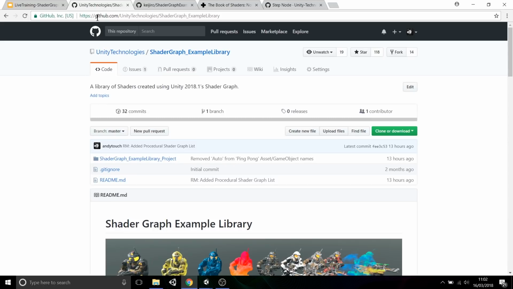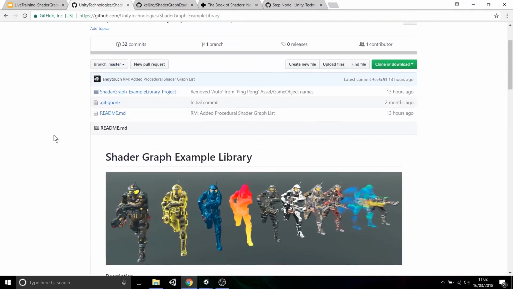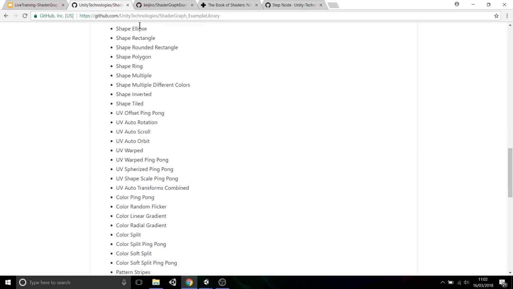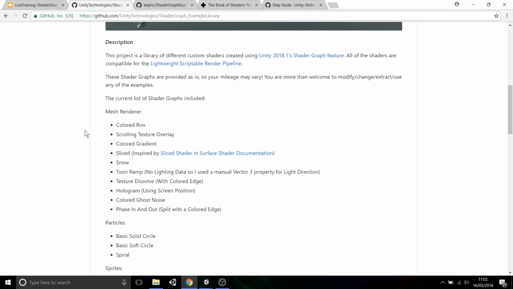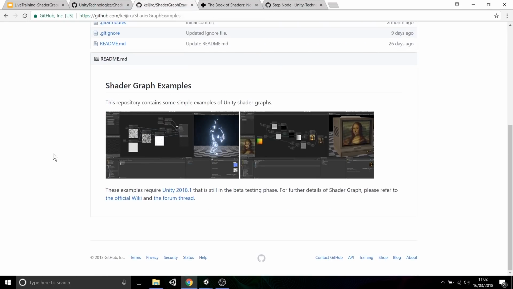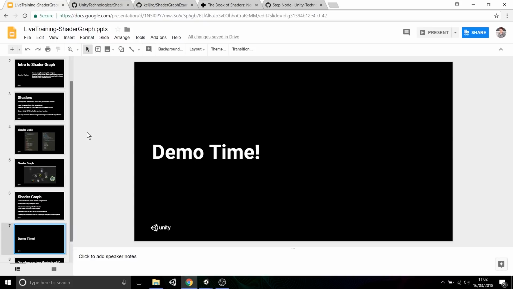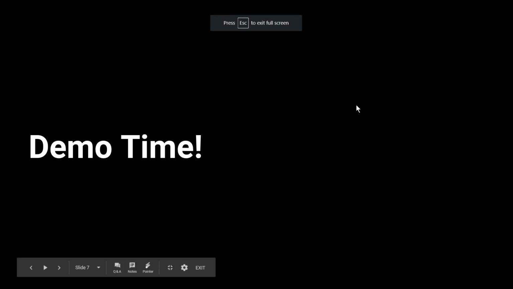So the shadergraph example library is available on GitHub, so I will show a link at the end of this video. You can download it and use it. It has particle examples, sprite examples, and some procedural examples which I've added recently. There's also Kajira's shadergraph examples. He is doing some very specific effects, such as this TV static effect, or this kind of similar dissolve effect that I've created, but with kind of a glow around the outside edge of the dissolve, which is pretty cool. And if I go back to my slides,